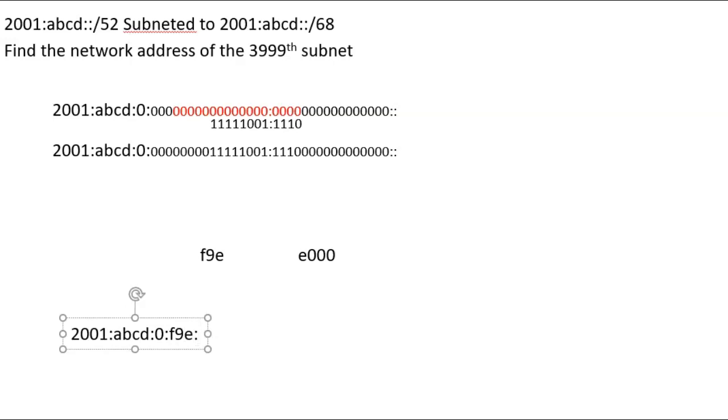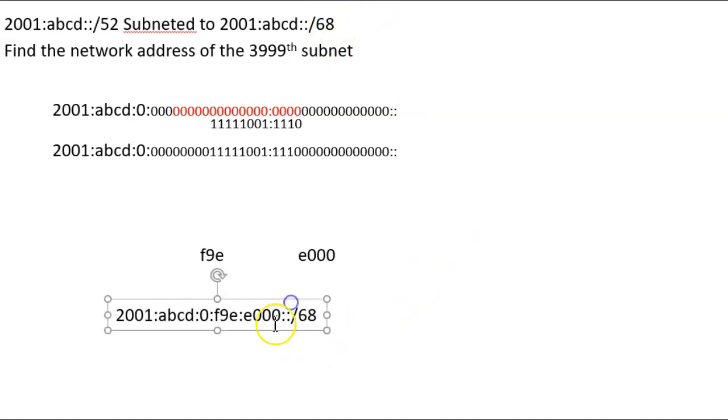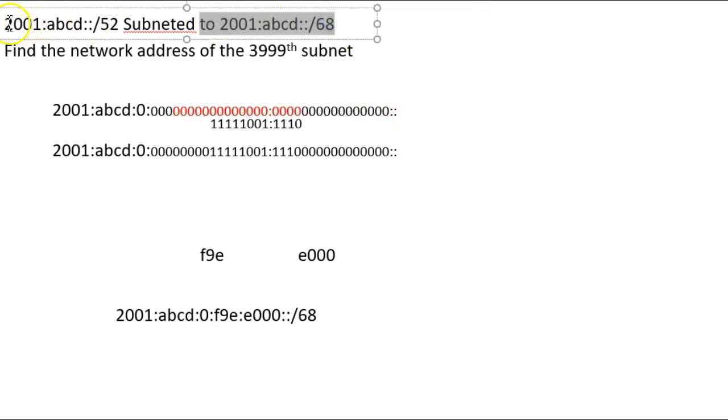And then E000. And then, of course, the rest is all zeros. And this is, again, a /68 because we're only working in the /68. And there's our solution. This is the 3999th subnet of this set of subnets that came originally from this network.